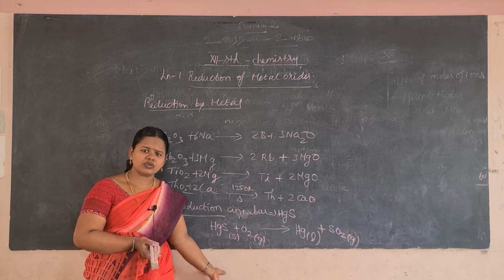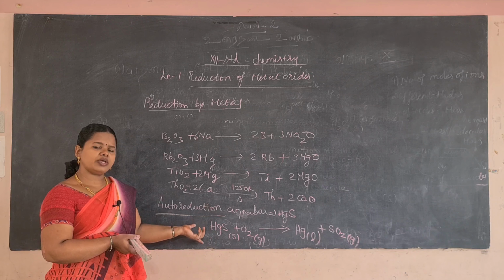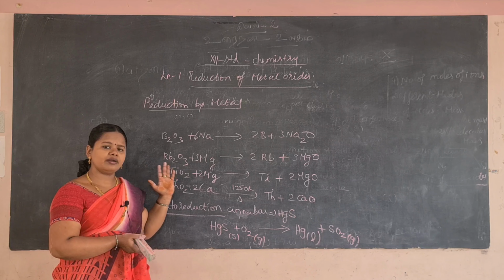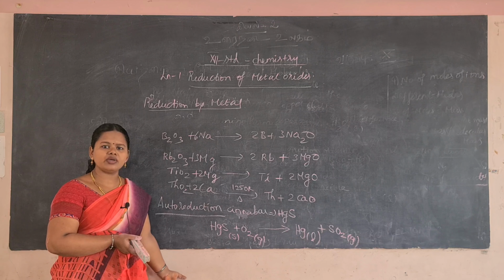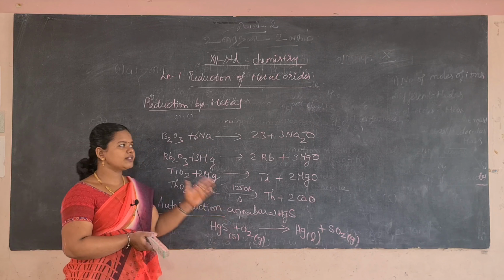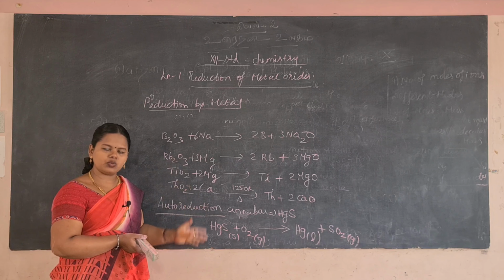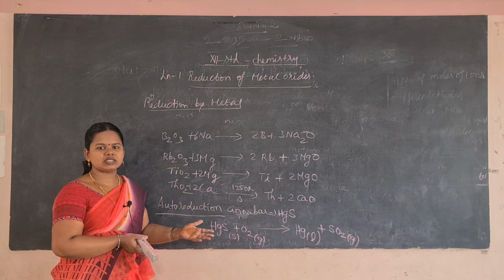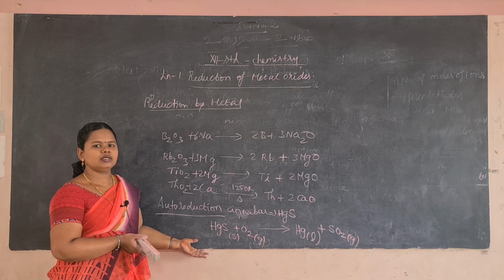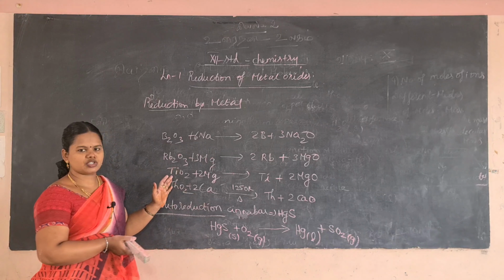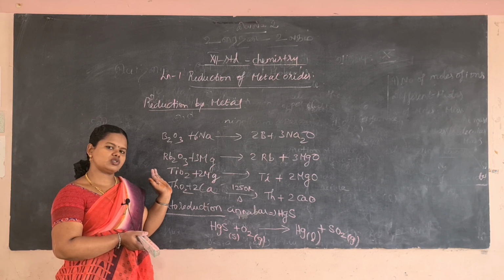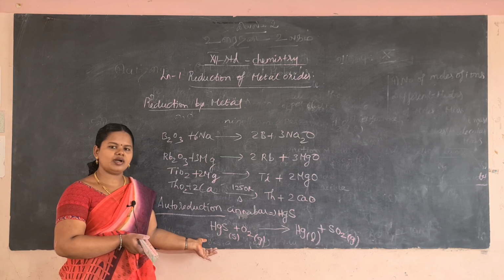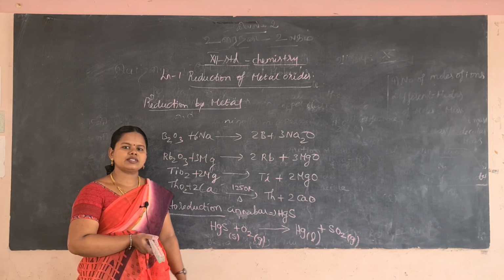Okay, I hope you understood the concept, and I hope you are following the everyday lessons and doing the assignments also. Today your assignment is to learn and write the different reduction methods used to reduce the metal oxide to metal. All six headings you learn and write, and then you submit it in the group, and I will see how you have written and give comments regarding the presentation. Again and again I am saying, write and learn. If you write and learn, you can remember. Thank you for listening to me. Thank you.